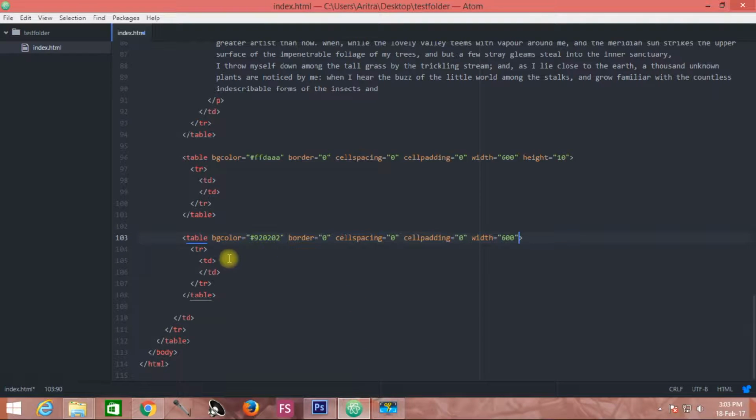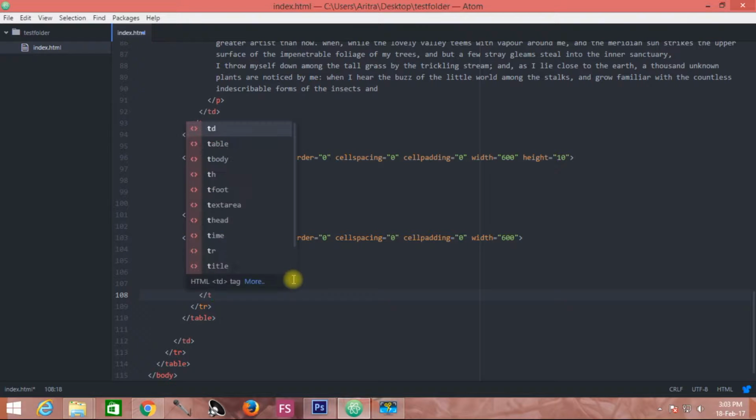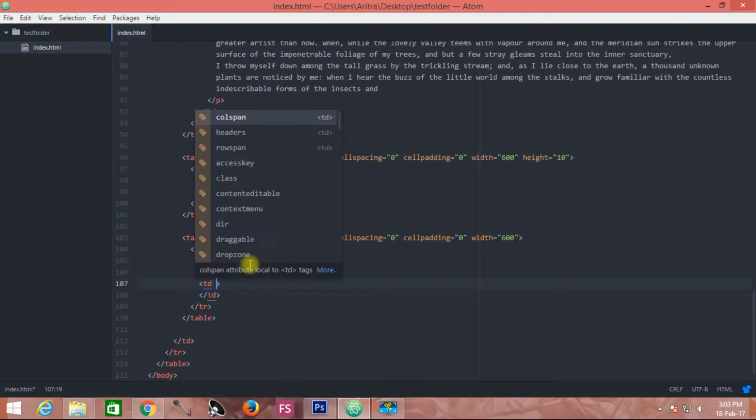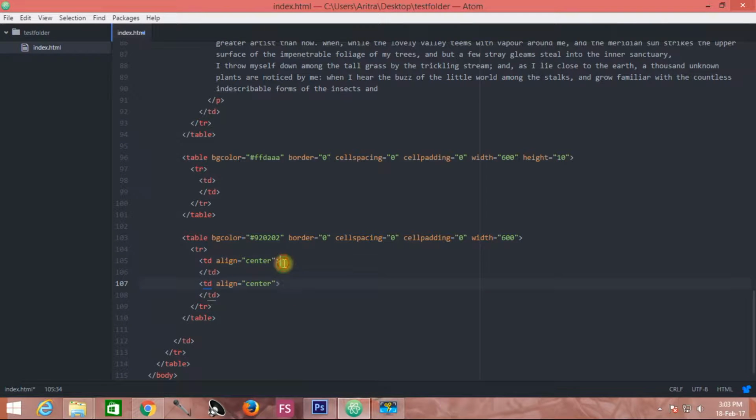So all you need to do is to create those columns first. Here you have only a single column. Now you have to create another column over here. So this is the column 1, this is the column 2. And if you wish to have centrally aligned contents over here, all you need to do is to provide that magic word, align center. This is the magic property to make your contents aligning into a central condition.